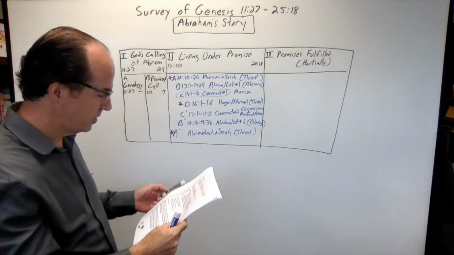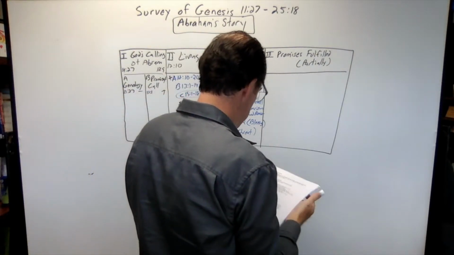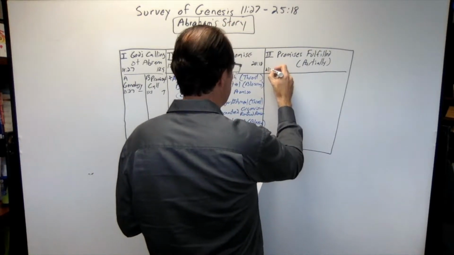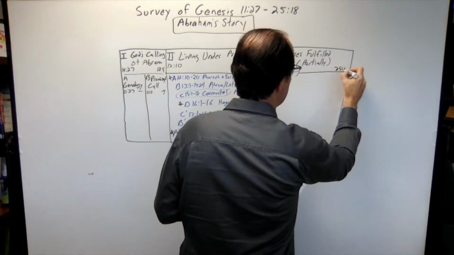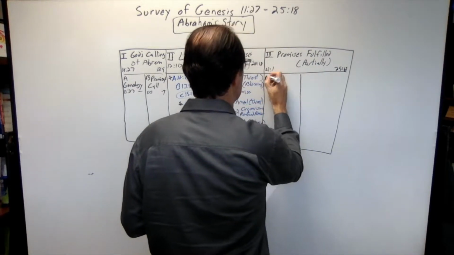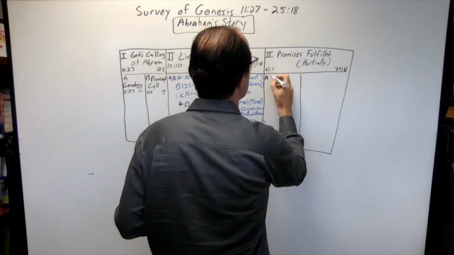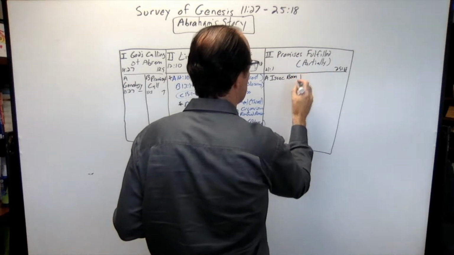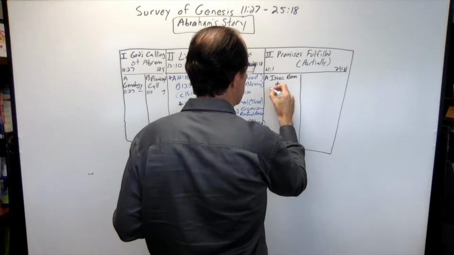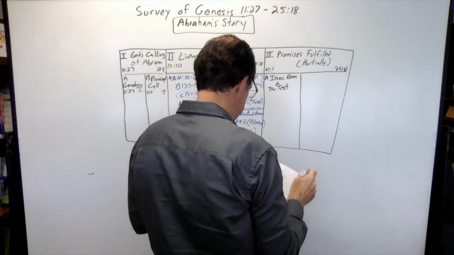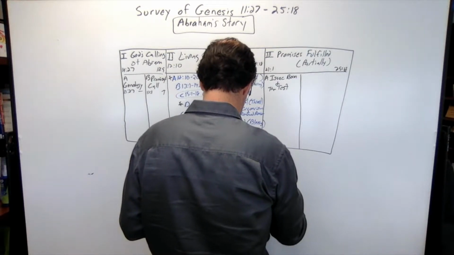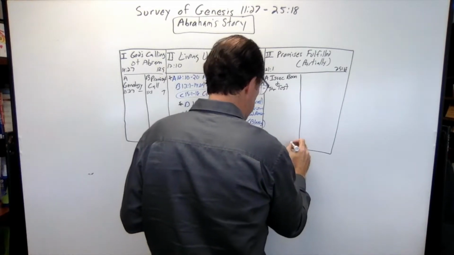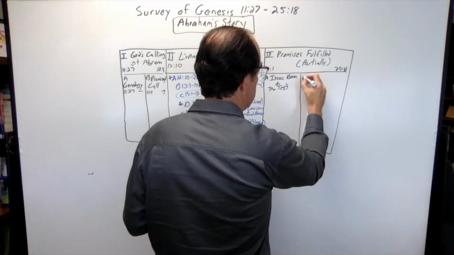And then the last set of texts would break this up into 2 units essentially. And this is going to be 21:1 through 25:18. Break this into 2 pieces. A, Isaac born, and the test (21:1 through 22:24), and then B,